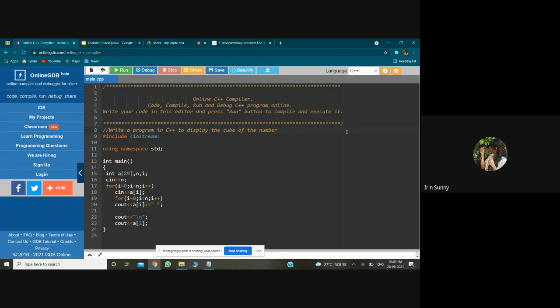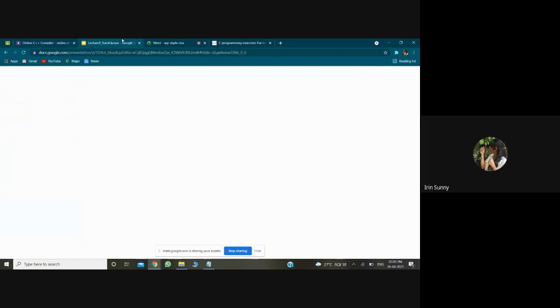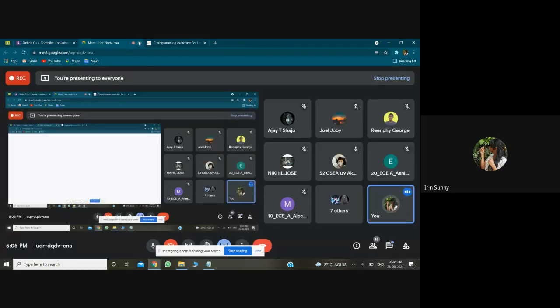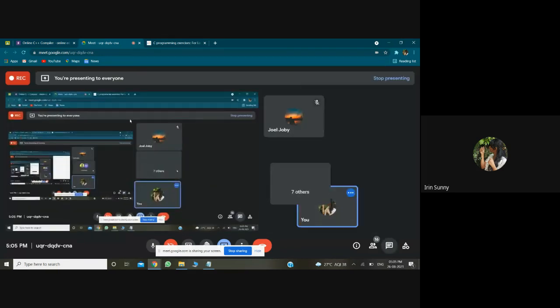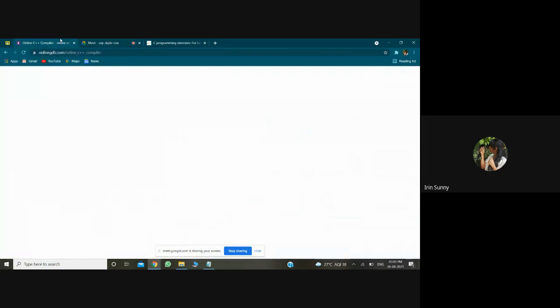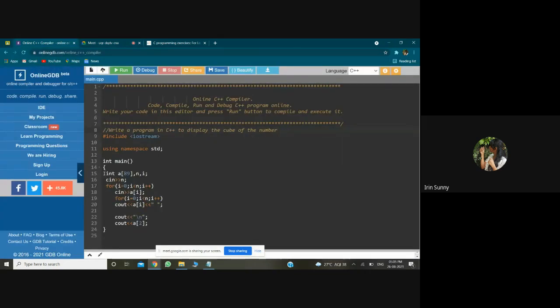I need the answer from you guys, okay? I actually showed you an easy way to find the cube of a number. How are you going to do that? Tell me how am I supposed to write? What is the first thing that I have to write in this statement? Tell me that.